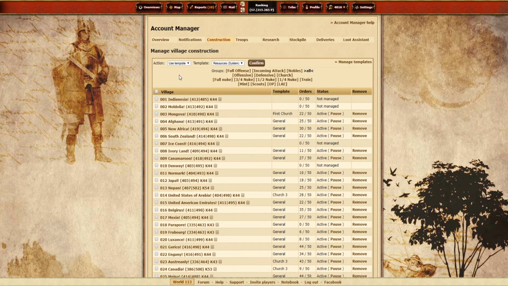As your village is building, the Construction Manager can stop due to certain events such as a farm filling up. On the main construction screen, it will show which villages are active or inactive. You can easily check the box to the left of one or multiple villages and then select the action drop-down and which action you would like to perform. You can then select Confirm